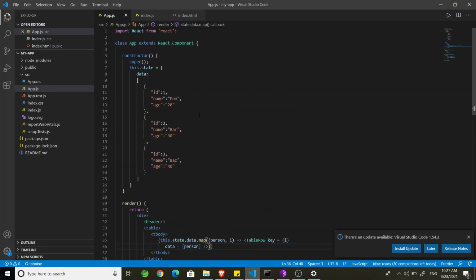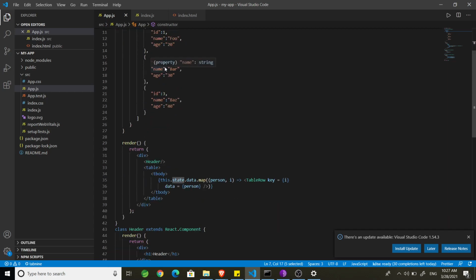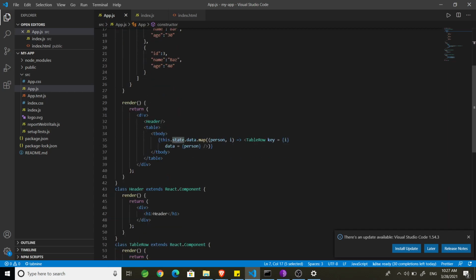So here is my one root component, which is app, and in this app component I have some properties set in state variable, and here is my render function. Inside render I have one component header, which is simple. It is not taking any parameters, so I am calling it directly without passing anything.